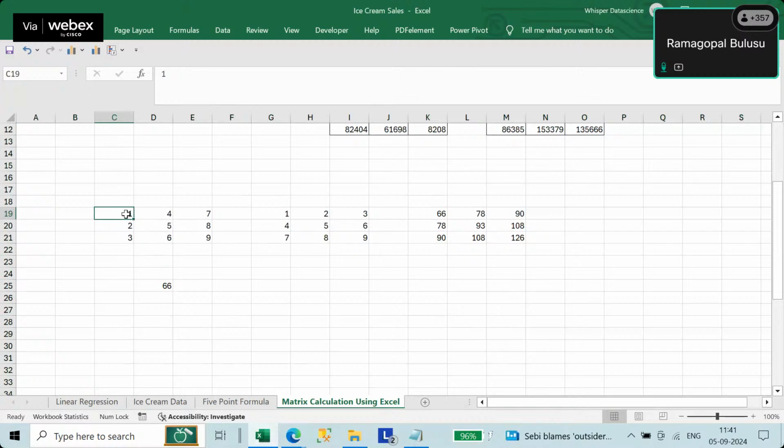By mistake I took 1 into 1, 1 into 4 and 1 into 7. It is not like that. It is something like,